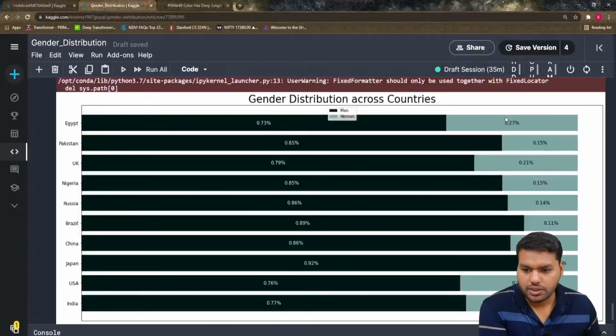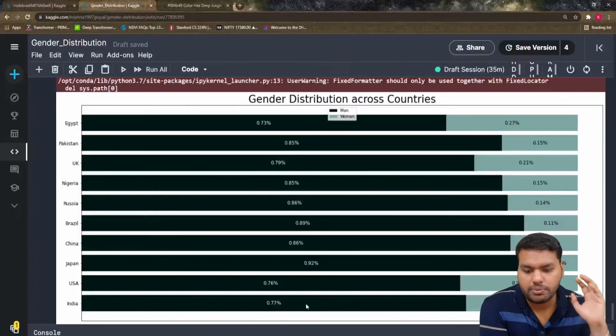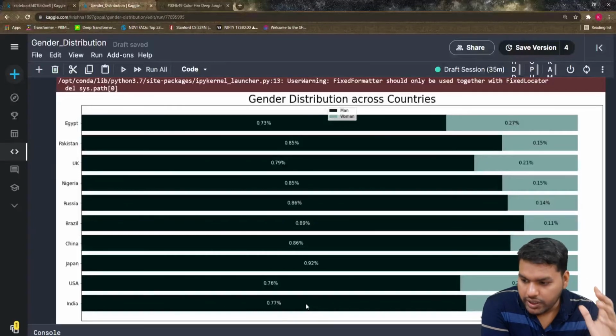Okay, so this chart looks pretty nice, and I hope you also like this chart. You can see in the top 10 countries, India contains 77% men and 23% women. But if you see Japan, the ratio of women is very low, and compared to, I think, all the top 10 countries, Pakistan is at 15%, even more compared to Japan. So Japan's women should do something, as our bar chart is telling us. So the visualization is one step, but storytelling should be another step.